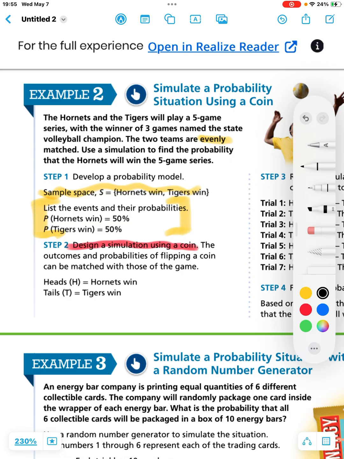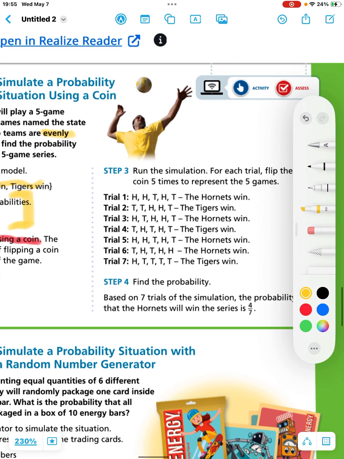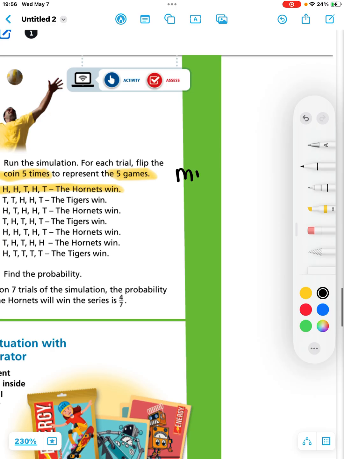So they just flip a coin. They said if it lands on heads, then the Hornets win. If it lands on tails, the Tigers win. Okay, that makes sense. Heads for Hornets, tails for Tigers. They flip this coin. Since it is 5 games, they flip it 5 times. In the first trial, we have 3 heads and 2 tails, meaning that the Hornets win. They do this 7 times because more trials